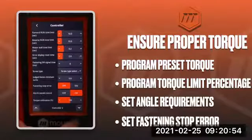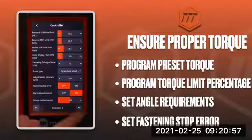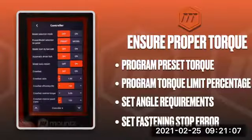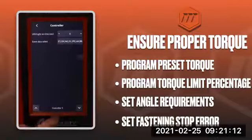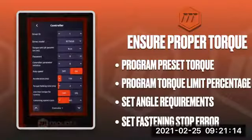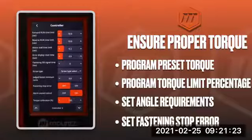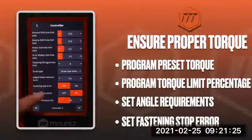So the controller menu allows us to tell the system how it is functioning with the different items that we have on here. And so I did have it set here. And if we carousel back around, I apologize, I am just overlooking it here. Fastening stop error here. So if I turn this on